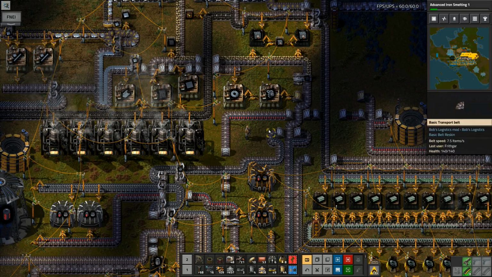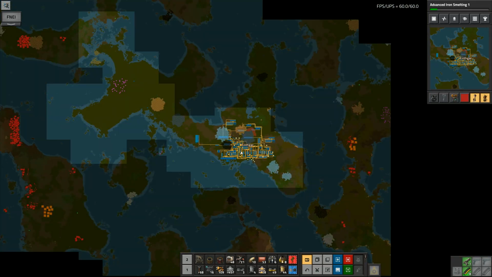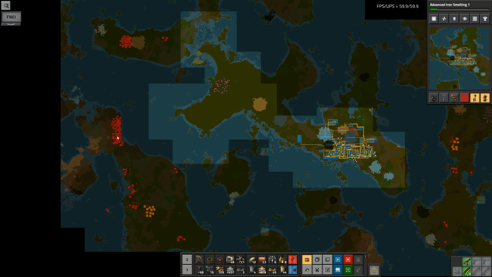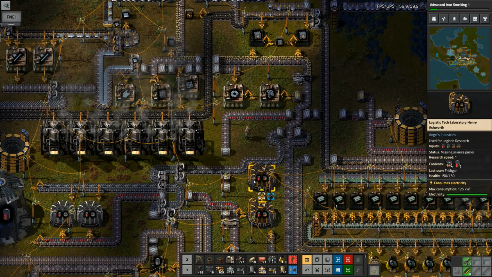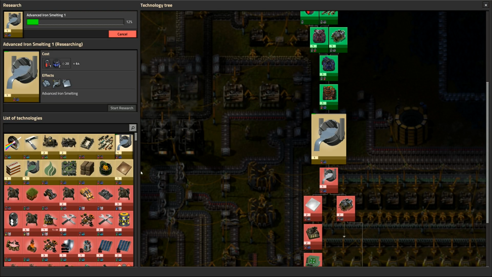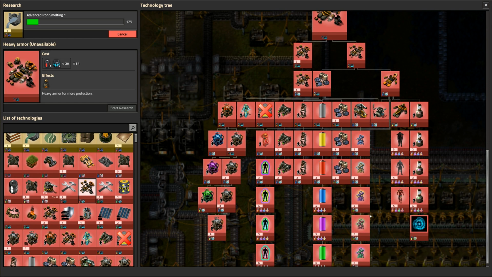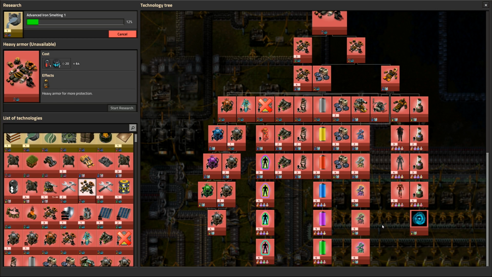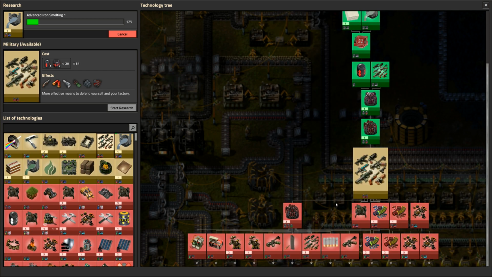So what we are going to want to work towards is, I've found that the easiest way to expand is not to go in hand-to-hand combat with aliens. Hand-to-hand combat with aliens almost always ends badly. So what we really want to be able to do is fight them from afar. And the easiest and the best way of fighting aliens from a distance is to do combat. We want military. So we unlock that bit of military right there,